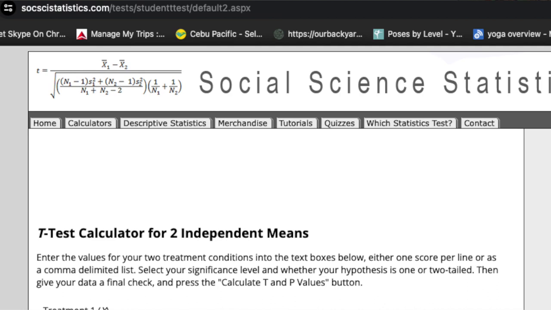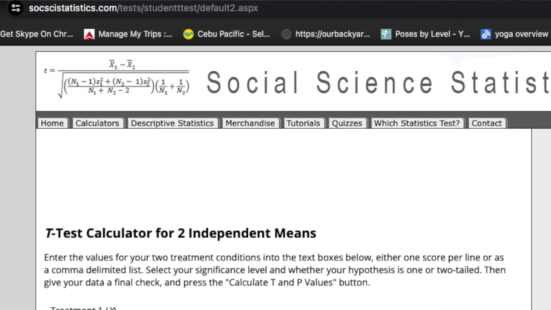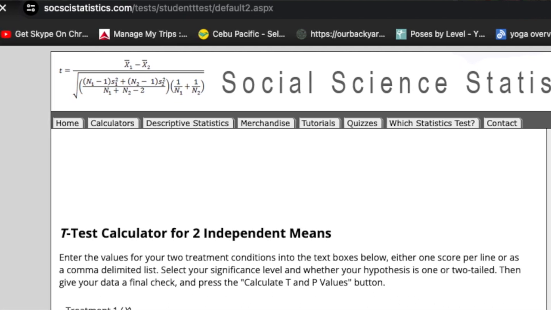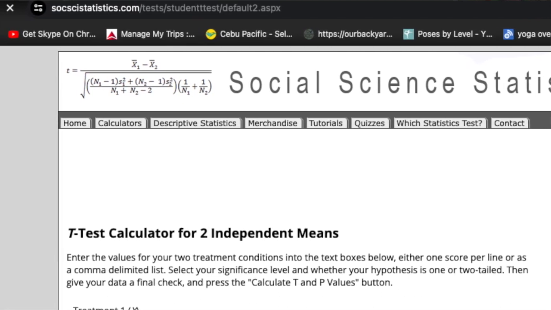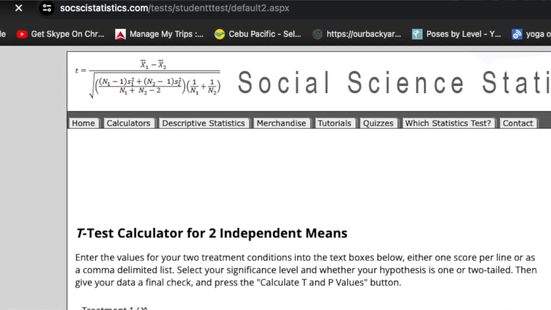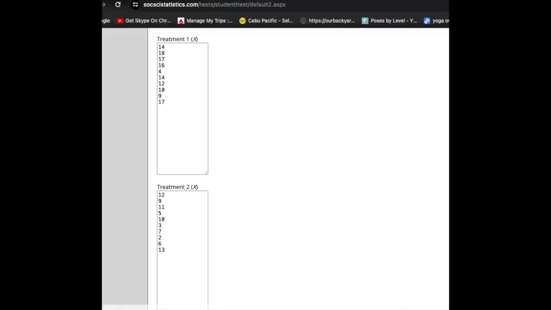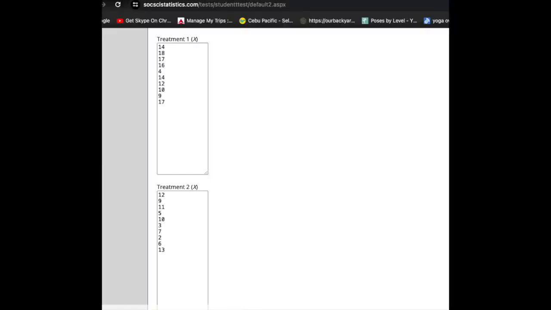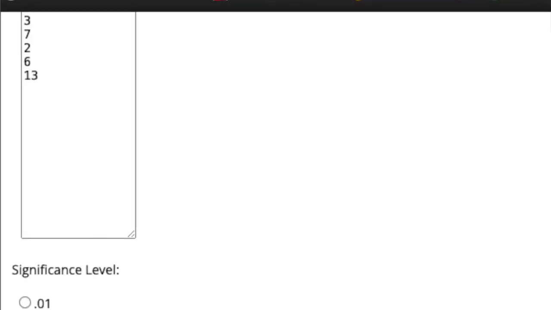First, you have to open this link and then input the data inside the box. Then check the significance level, whether it's one-tailed or two-tailed. The default significance level is 0.5 and one-tailed. Then you simply click calculate the T and P values.